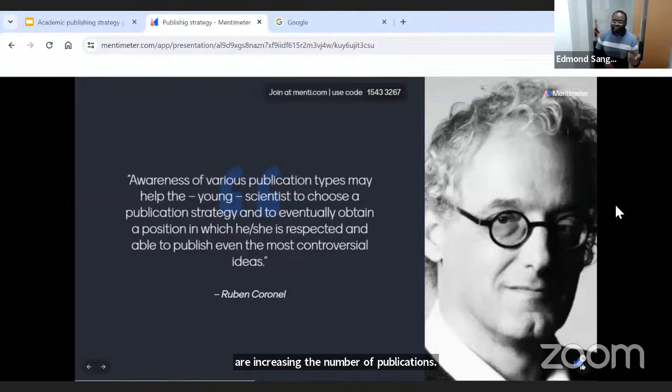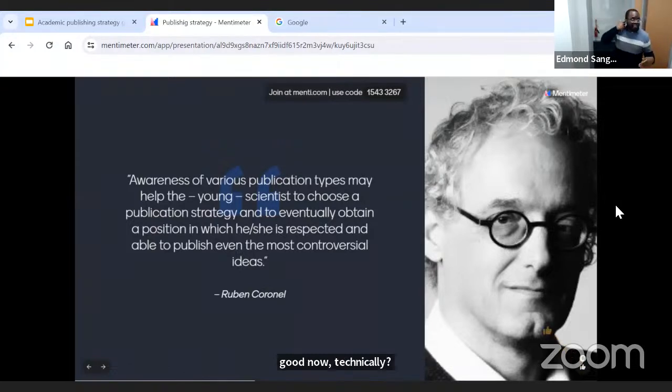But having 20 correspondences in Lancet, in Cell, in Science and Nature, is it going to help you in your career? Or are we just going to say you are an academic letter writer, a celebrated academic letter writer, because those letters are not going to be demonstrating your technical skills that are needed in academia. Yes, they will position you as someone who's good in science communication, but are you good technically?